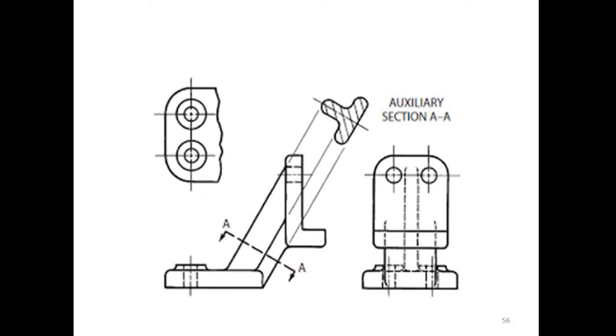In the case of a removed section, the cutting plane is taken and the geometry is drawn somewhere else. In the case of an auxiliary section, to understand its auxiliary view, the cutting plane is taken and parallel to that, its section is drawn as shown. Section A, or cutting plane A, is taken and that auxiliary section A is drawn as shown in the figure.